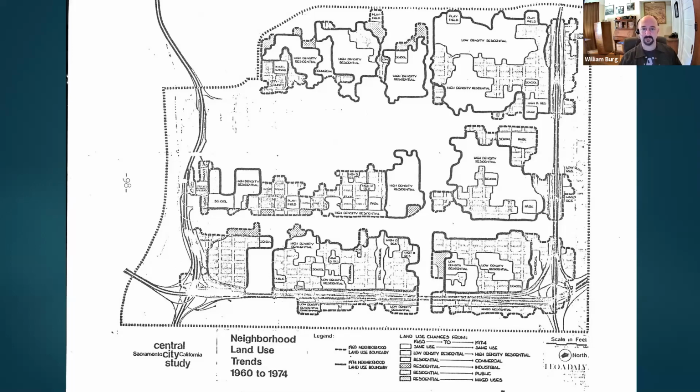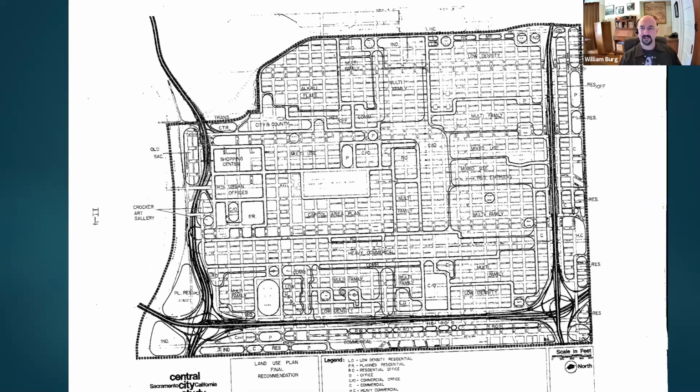And the assumption was that most of it was going to be offices, and people would live in the suburbs and take these wonderful new freeways to get downtown. By the 1980s, people realized that the wonder of the freeways was wearing off, and we were starting to look at other things like light rail as means to carry people downtown.